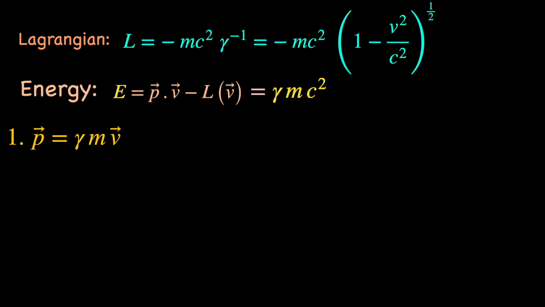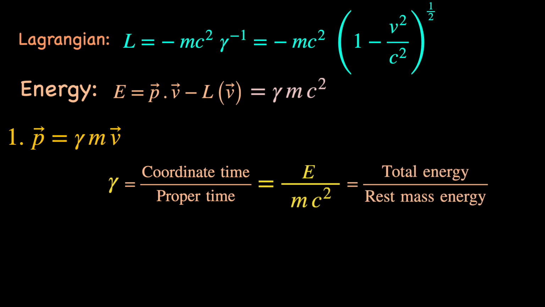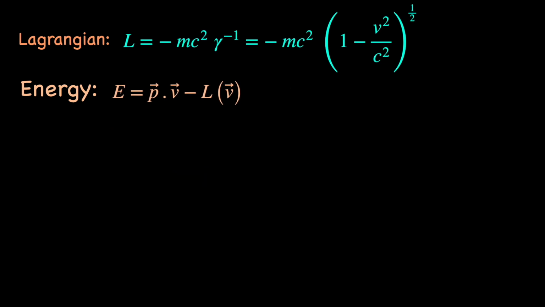It's a remarkable result actually, because now we realize that the Lorentz factor gamma, which is originally defined as the ratio of coordinate time and proper time, is also the ratio of total energy and rest mass energy of the particle. Anyway, to find out how the total energy of the relativistic free particle relates to its momentum, the second approach is more useful,